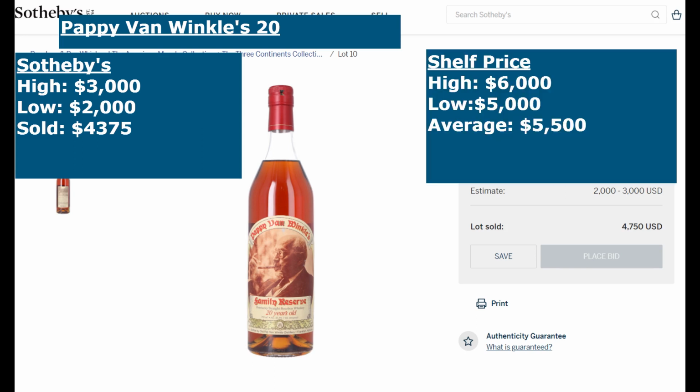And they sold for an average cost of $4,375. This means that the price difference between the high estimate and the actual sold price was $1,375 or 45.83%, which seems pretty high, but when you look at the street prices, the highs and lows out there, it's